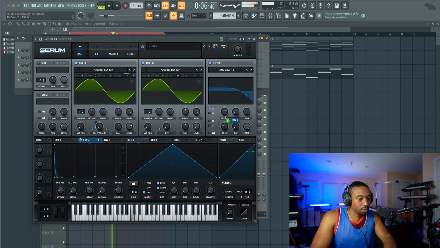Let's add an envelope over the cutoff. It's a little lasery with this envelope. Now we're setting what's called the destination frequency.